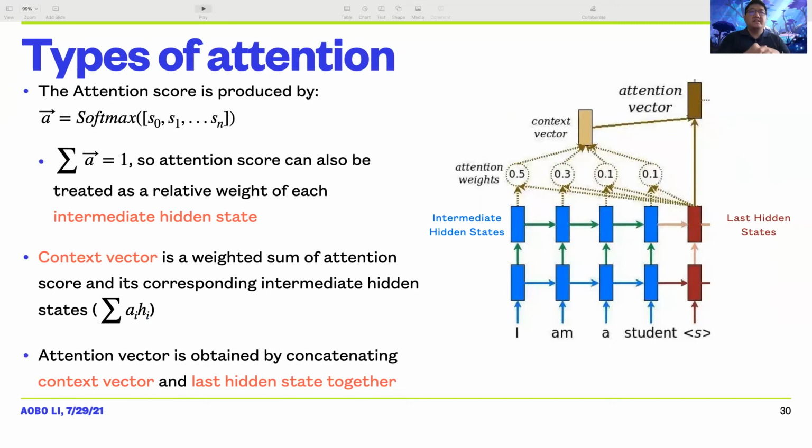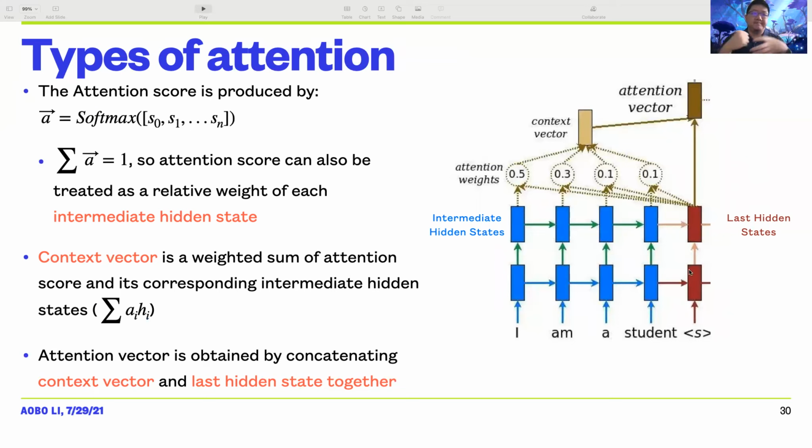Okay, so the attention score. Remember, we produce an S for each pair of HI with the last hidden state output HN. After producing these scalar quantities, we can feed them into a softmax function to convert them into what we call the attention score. The idea of a softmax is that no matter what values you have in this tensor, after you feed it through a softmax function, the sum of this tensor is always going to be 1. So the attention score can also be treated as a relative weight or relative probability of each